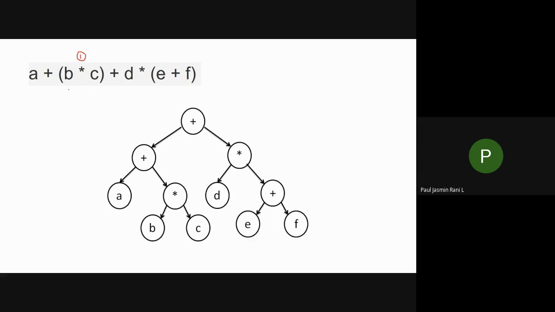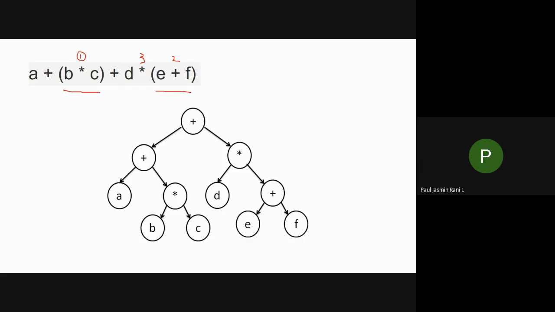Because you have two parentheses, this expression as well as this expression. Among these, if you have an equal preference, you have to go from left to right. So I give preference to this parenthesis. This is marked as 1 and this one is marked as 2. When this is over, I have plus, plus, star, isn't it? Star gets the higher priority, so I mark it as 3.